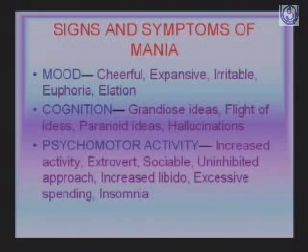You also mentioned that at the content level, they will have delusion of grandiosity, flight of ideas at the progression level, and also paranoid ideas, suspicion of people, and marked hallucination. Hallucination may come in the later stage, but not in the beginning stage. They will have increased psychomotor activity, be extrovert, very sociable, uninhibited in sexual approach, with increased libido, excessive spending and